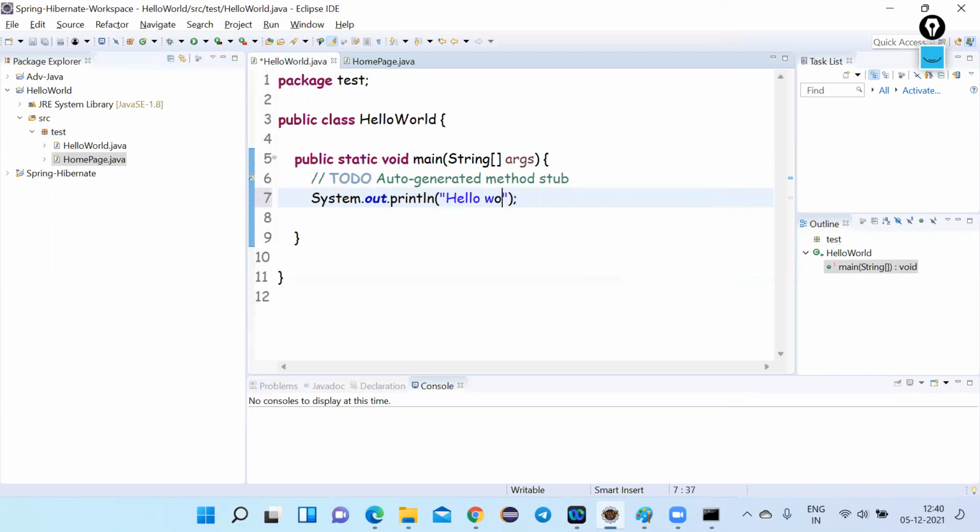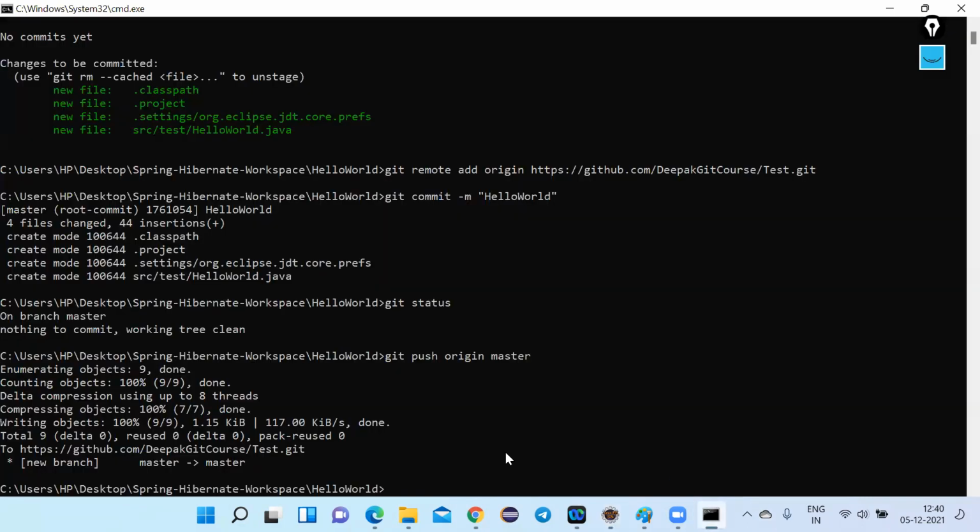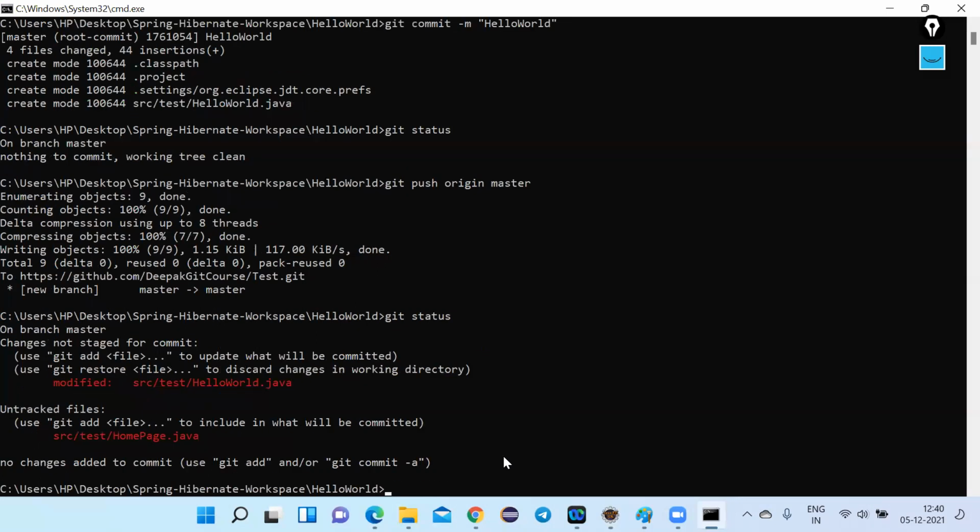Now let me save this. Now let me go to the here and type git status. So we have seen this is mentioned as modified because it is already in local repository and we had made changes, and this is a new file, so it is not tracked. So what I told you, whichever the files will be in local repository, they would be tracked.